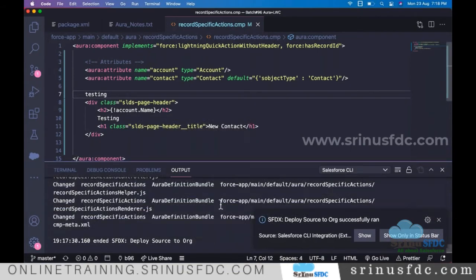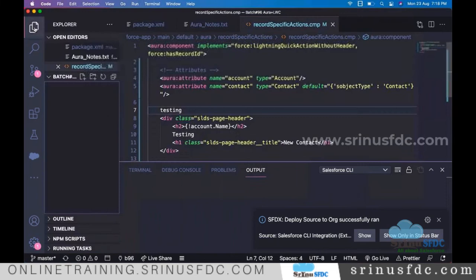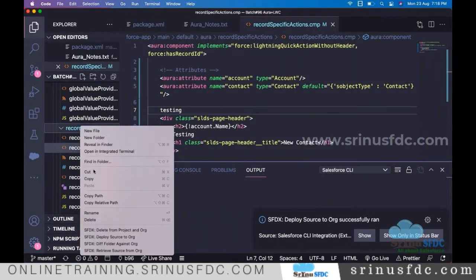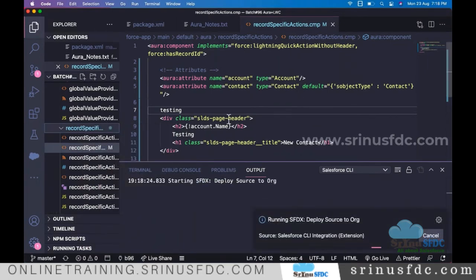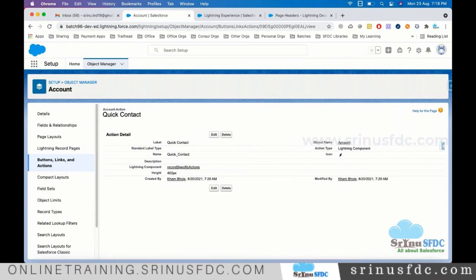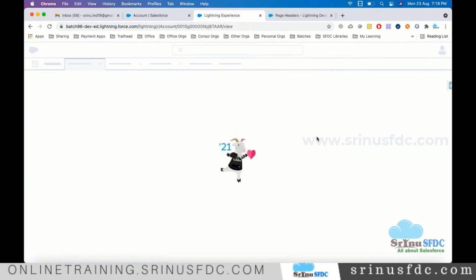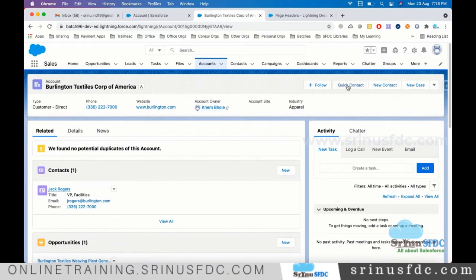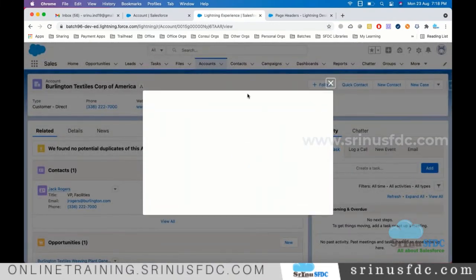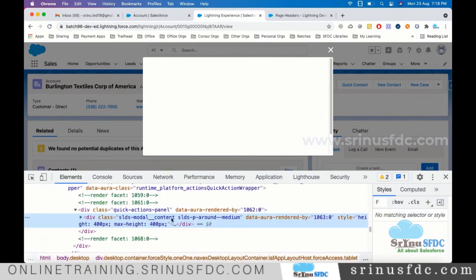When we deploy, is it deploying? To deploy this, let me try one more time. So what is happening? Click on inspect. This time I'm trying to see the UI code.